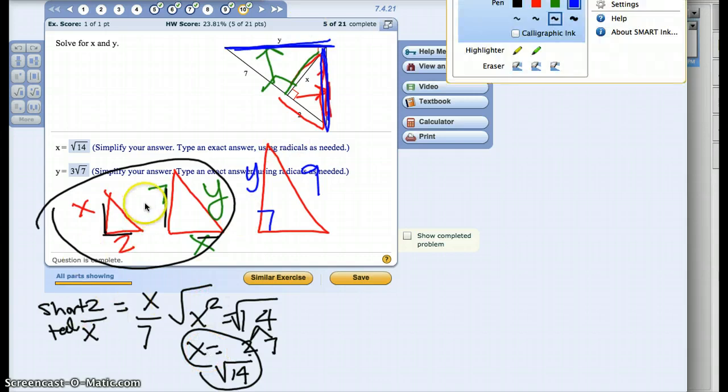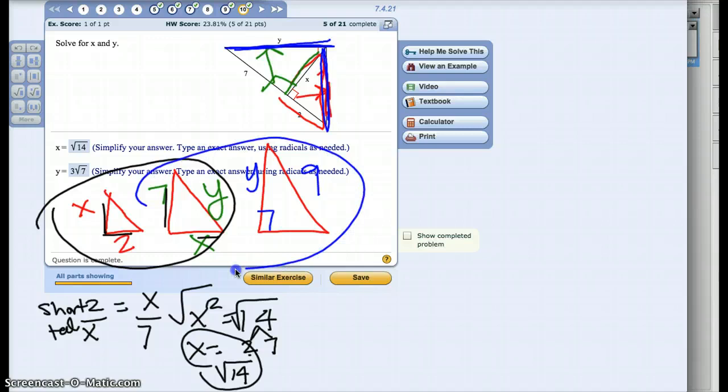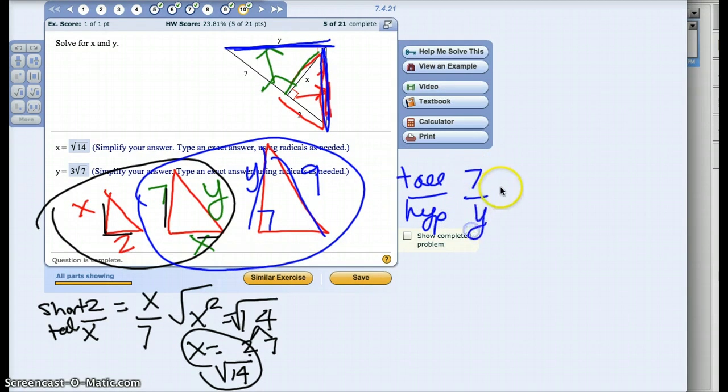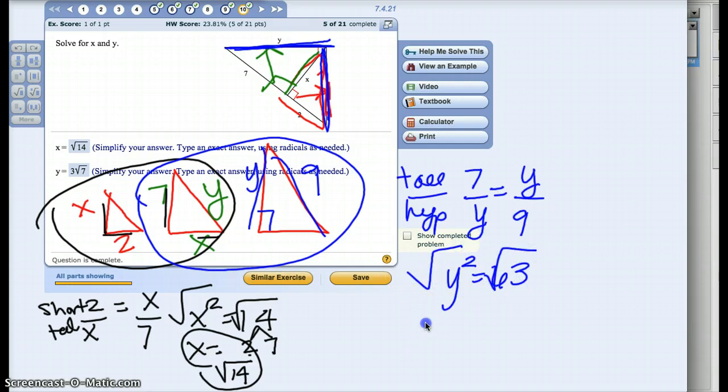Then if I want to find y, there's a y in the medium and a y in the tall. So in the largest triangle, I have the tall side and the hypotenuse. So I'm going to make fractions go tall over hypotenuse. And I'm going to use 7 over y equals y over 9. So when I cross multiply, y squared equals 63, square root, y ends up equaling,